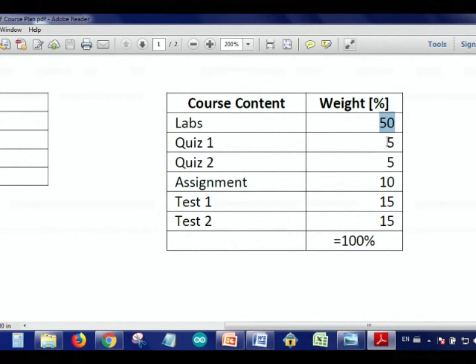Each quiz is going to be worth 5% of the whole course, and we're going to have an assignment where you're going to produce some drawings that have to do with connecting a three-way switch, probably, most of the time. And then we're going to have 2 tests, each worth 15%. And if you get your calculator, add all these numbers, you are going to come up with 100% of the whole course.